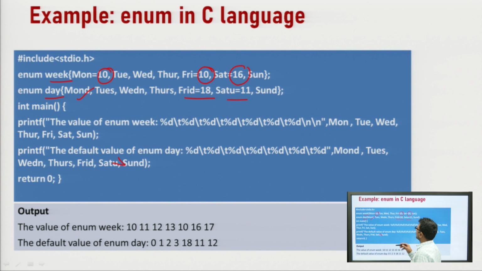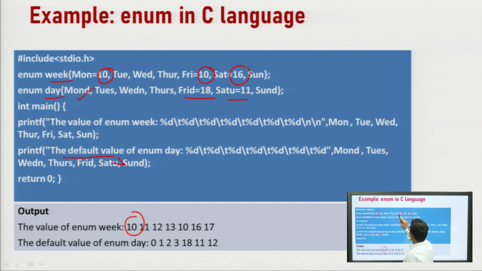Just see how these constant values will be evaluated during the program running. For the first case, since we have initialized the value of the first member, it will be printed like this, 10. We have called the printf function for the first one, and here we have called it for the second one. For the first printf, the first value is already assigned 10, so it will print 10. The next value is not assigned, so the compiler automatically increments by 1 the previous value, which is 10. So, it will print 11. Now, the third is 12, now the fourth is 13.